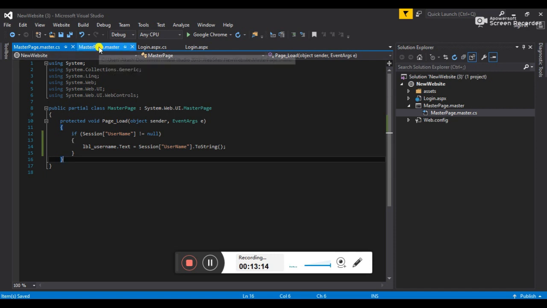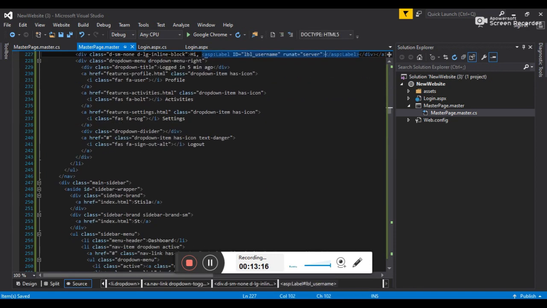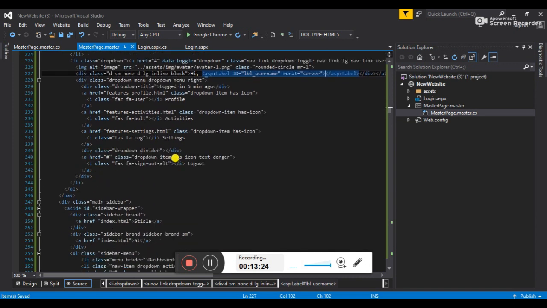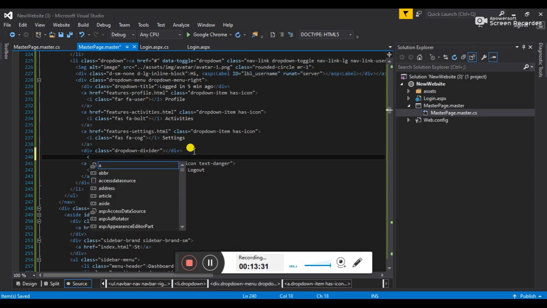Alright, now I am creating a logout button also here. When we click here, we'll get the logout. So now here's the logout. I will provide an ASP link button.